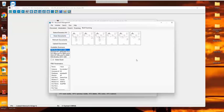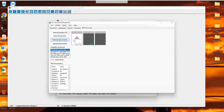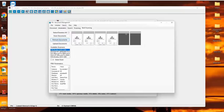We've got a series of pages that I just scanned in. So I'm just going to click Refresh Docs, and that's going to open up the ability for me to select one or all of these. So I could say I want this and this, and I want to start with those. Okay, it has picked up our vendor's information down here because I came in from the vendor, so it knows who the vendor is. Well, these are all from the same one. So I have the option now. I'm going to click Select All, and we're going to click Upload Docs, and